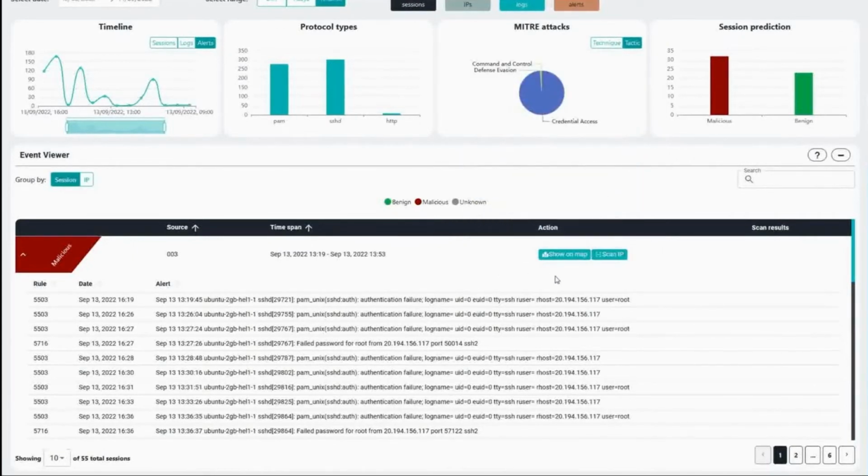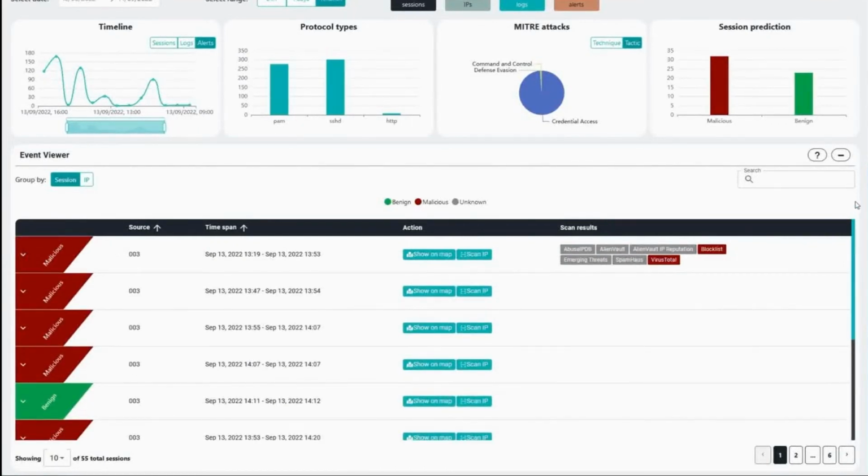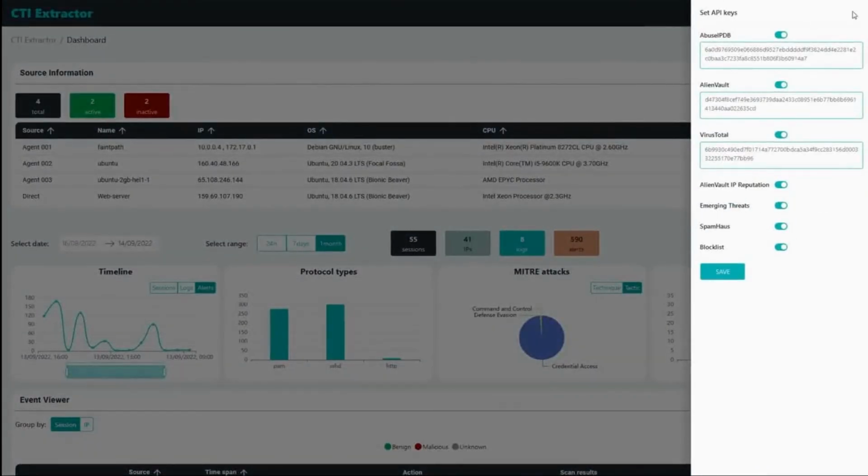Besides IP geolocation, there is a complete integration with Spiderfoot, which allows a user to check an IP address against external IP reputation services like AbuseIPDB, AlienVault, and many more. The tool is built in a modular way, allowing the easy integration with additional external services in the future, but also it is quite flexible in order to accommodate each user's personal preferences.